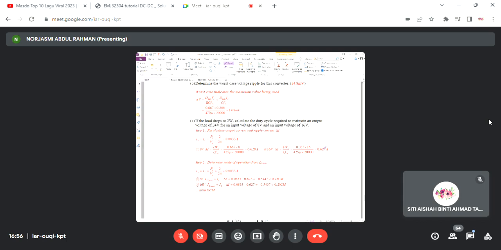I want to ask, in the boost converter, is IL equal to I naught? In the boost converter, IL equal to I naught? Is it correct? You mean the average current? Yeah, for the boost converter. But when I find the notes, the formula is different. It's not equal. For the boost converter, the output current. For the buck converter it is the same, doctor. Yes, true. But for the boost converter, I think